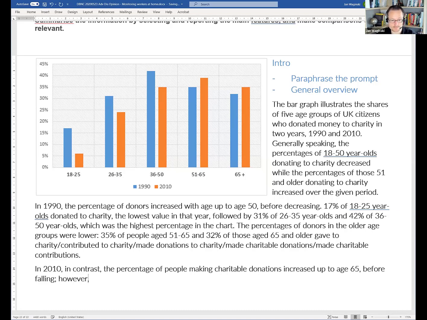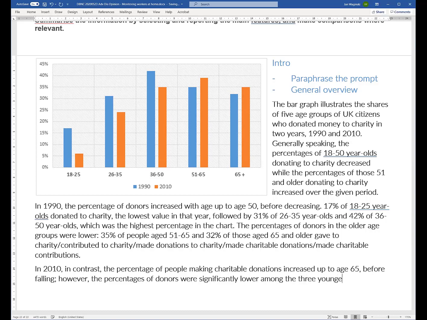I would add this. However, the percentages of donors were significantly lower among the youngest group? The three youngest groups. Okay. And if you want to use a different structure, instead of starting with the percentages, we can start off with